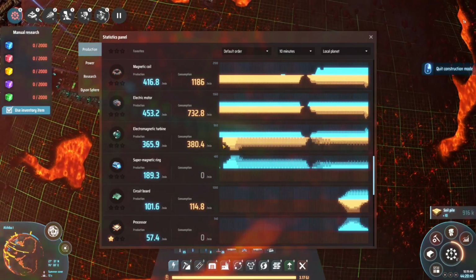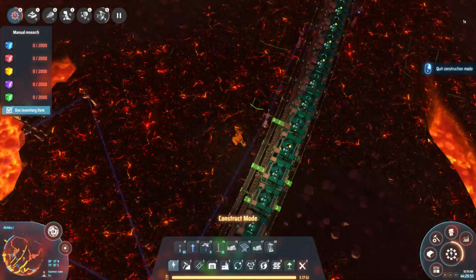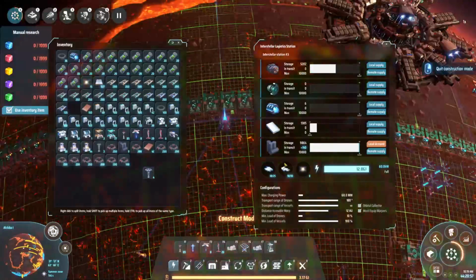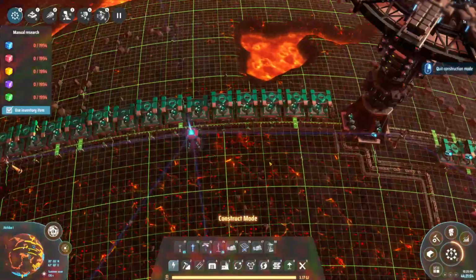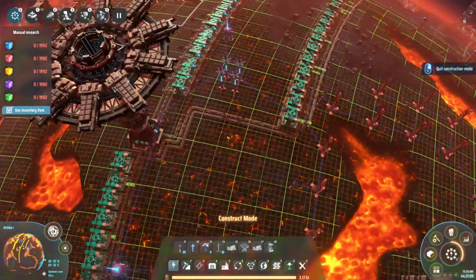Okay. So we're still going to see that our production, or sorry, not our production rather, but our consumption is being capped by our production. But that, yep. So that's exactly what I think is going to happen, is that our magnetic rings are not going to function properly because we're just so many of them. So what I think we might want to do instead is,